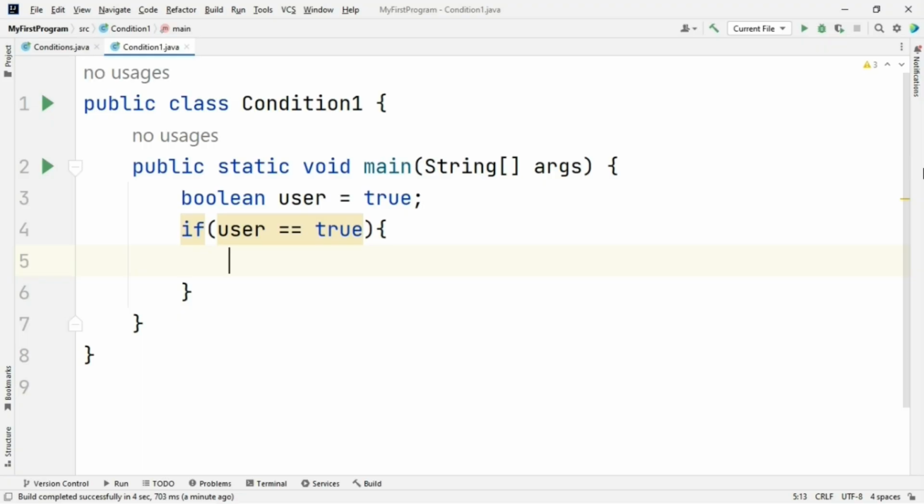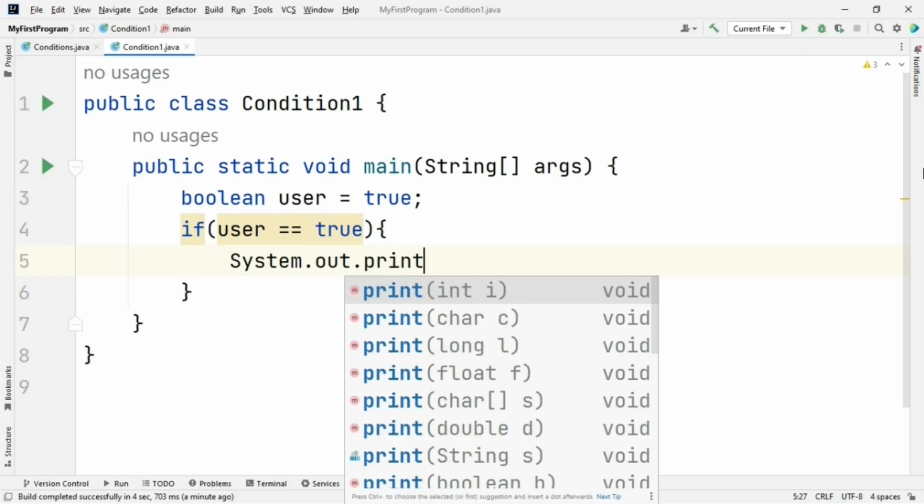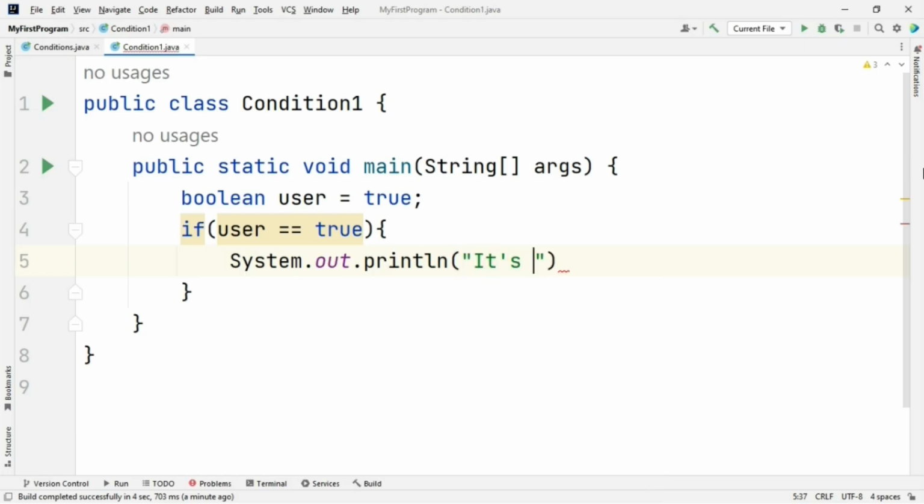If the condition inside the if statement is true, then the code within the curly braces that follow is executed. In this case, the code within the if statement block is System.out.println("it's true");